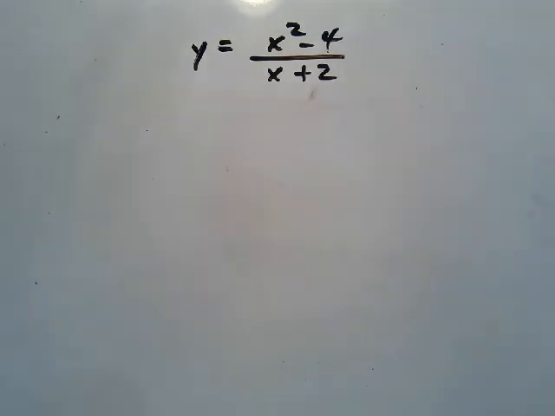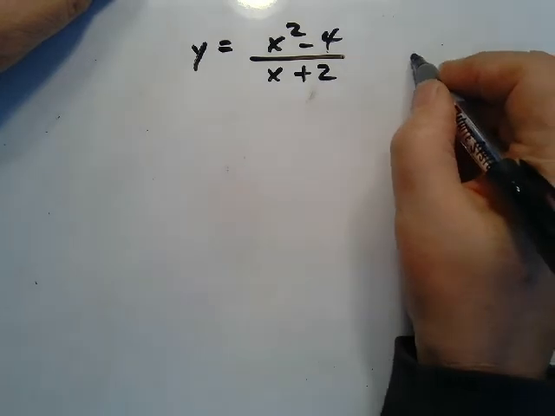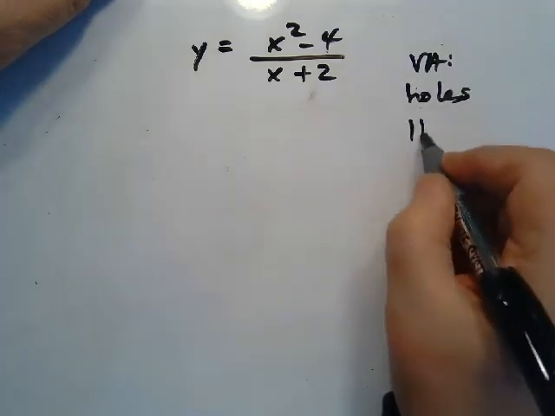All right, let's take a look at this one. This is not part of your homework, but you may have a problem like this on your homework. We did one similar to this yesterday, but I wanted to underscore something. Sometimes these rational function graphs don't end up as being curves. Let's see what happens if we try to come up with our vertical asymptotes and our holes and our horizontal